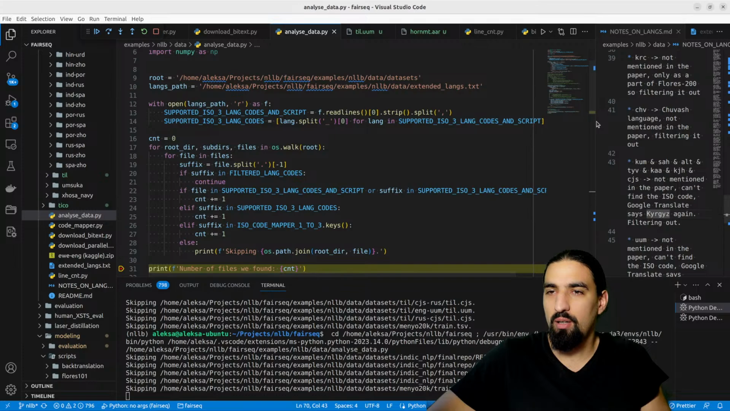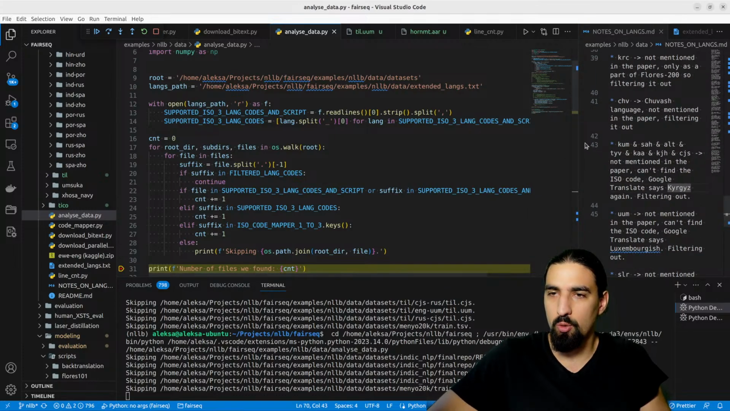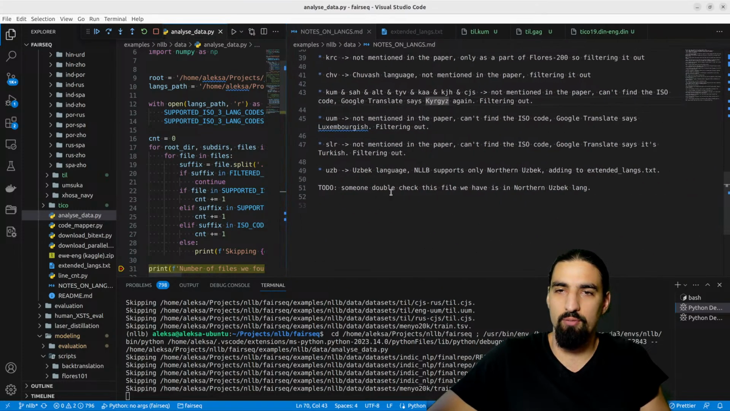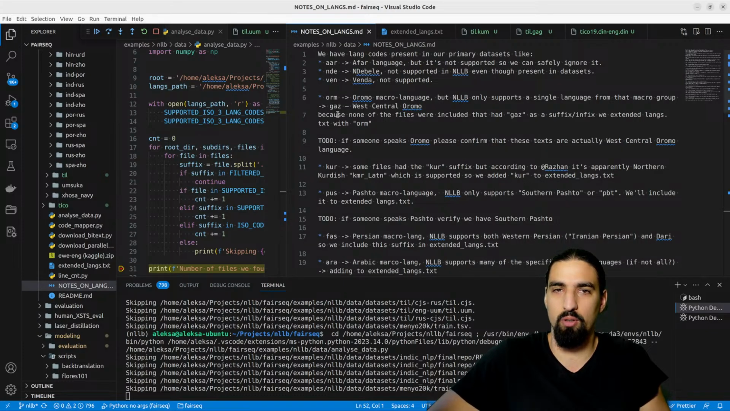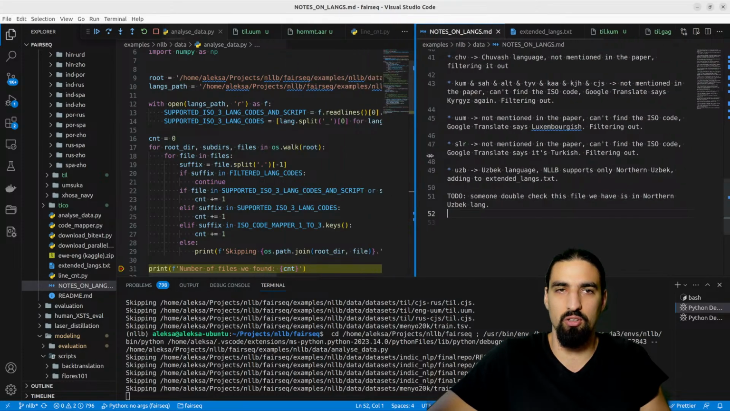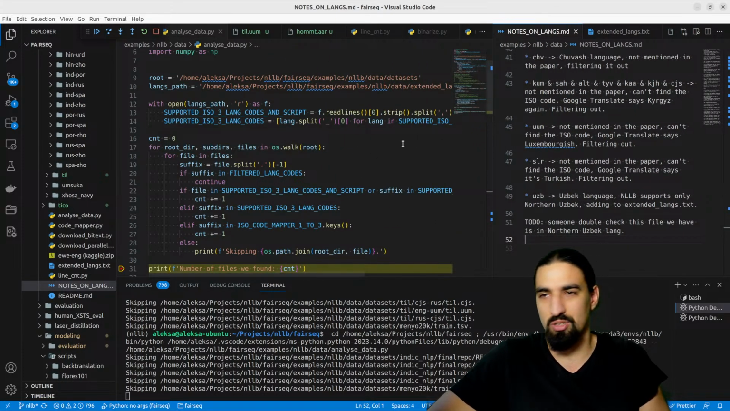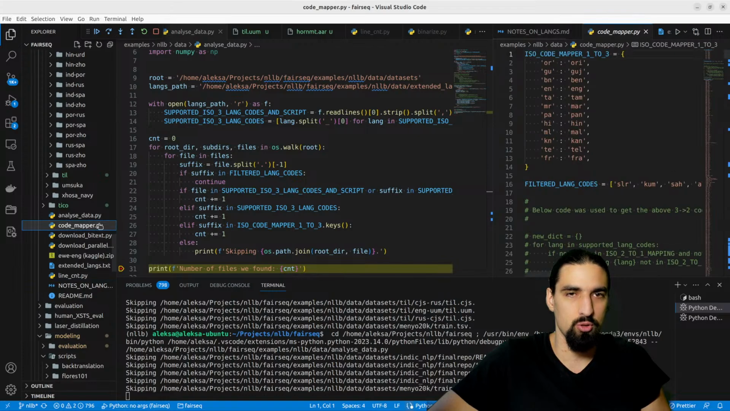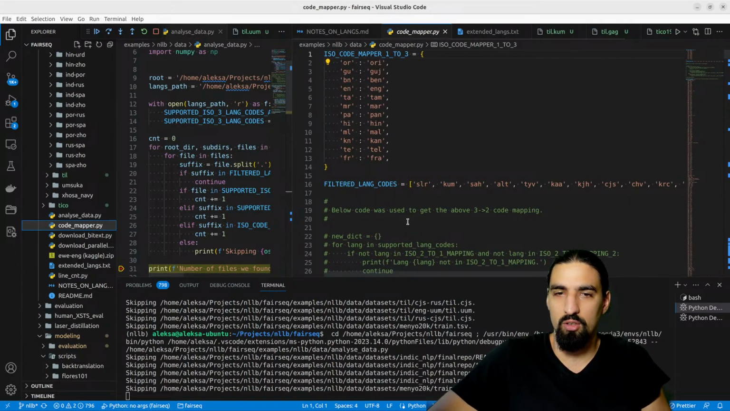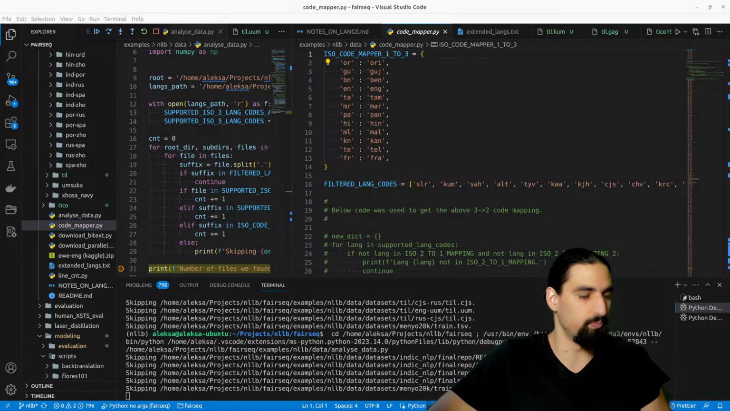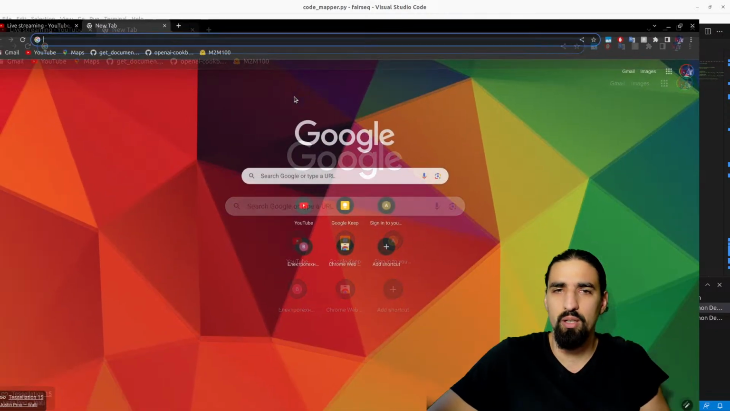Basically I wrapped up all of the filtering, so I now have this notes on languages markdown. I've noted all of the comments about different language codes, and I made a list of those language codes that we're going to filter out. That list is now stored here in the code mapper, filter language codes, and some of these are not even valid ISO codes. So I think a good first step might be to open up Google and just ask,